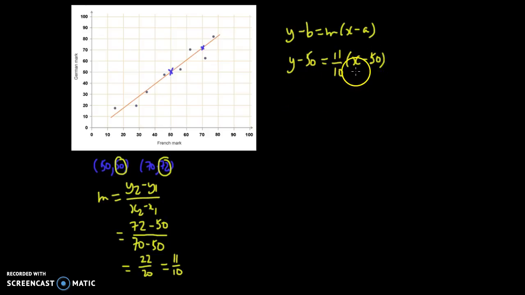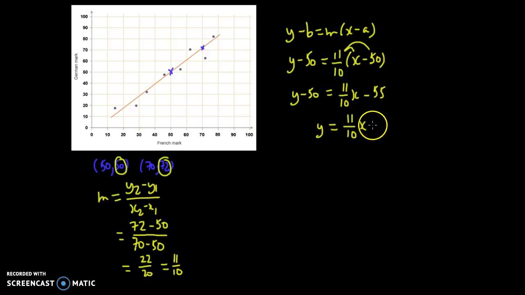Now that technically is the line of best fit, but most people like to see it in the form y equals mx plus c. So let's do that. So multiply it out. So 11 over 10 multiplied by x, 11 over 10x, 11 over 10 multiplied by 50 gives us subtract 55. So we will add 50 to both sides, just to get rid of this 50. So we get y equals 11 over 10x,